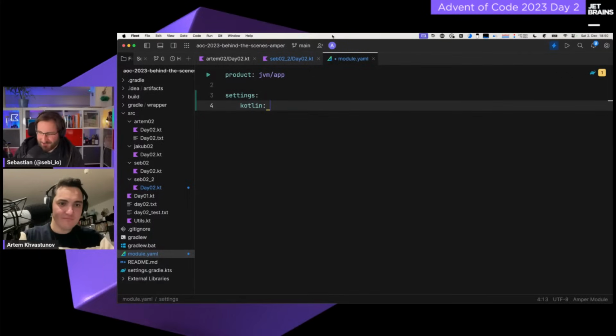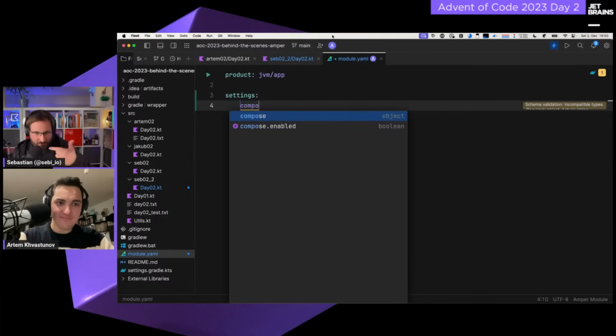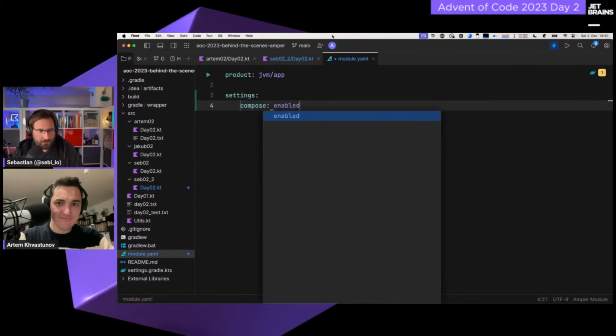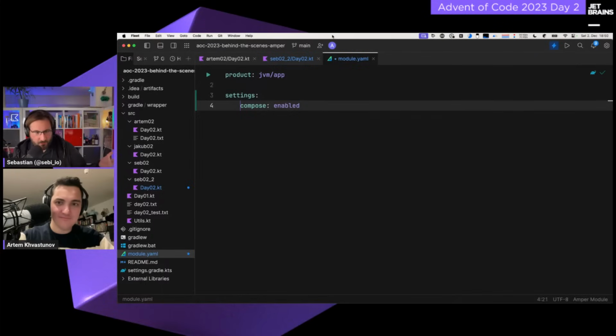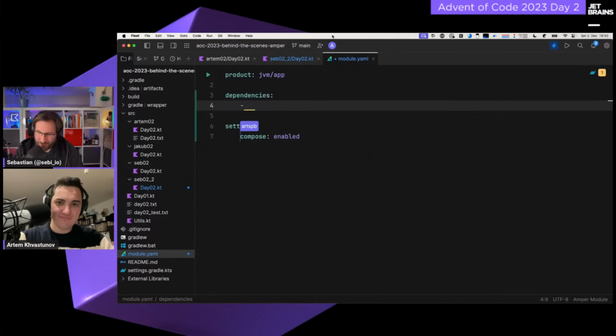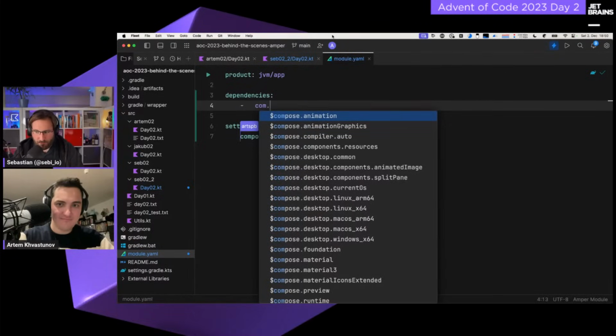I've seen you type this out before, so I'll see if I can just get this back, and we will see here that we also get nice autocomplete inside this YAML. So I can go into Compose, and I can just set this to enabled, and I guess that just enables the Compose plugin. Then I guess I'll probably still need my dependencies block, and we'll just take something from Compose